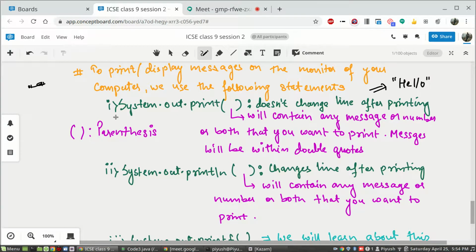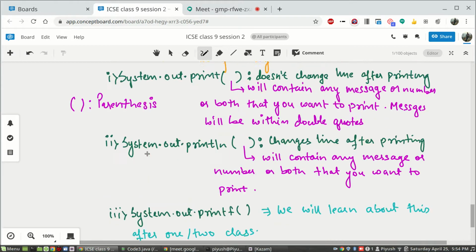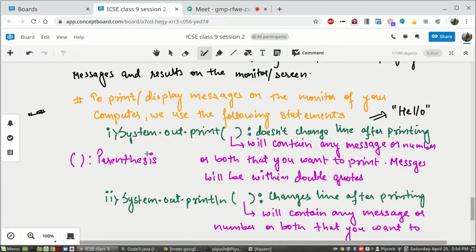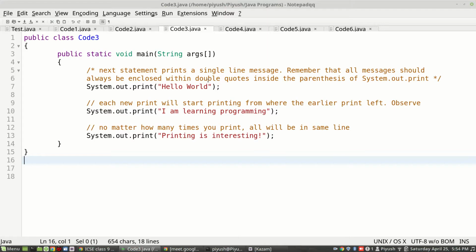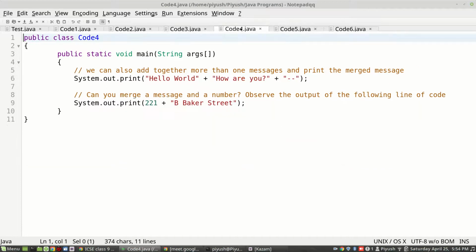So what will that line do? After printing whatever you have mentioned inside the parentheses of system.out.println on the screen, it will change to the next line, so that whatever you are printing next can start from the beginning of the next line. Let us observe through code.